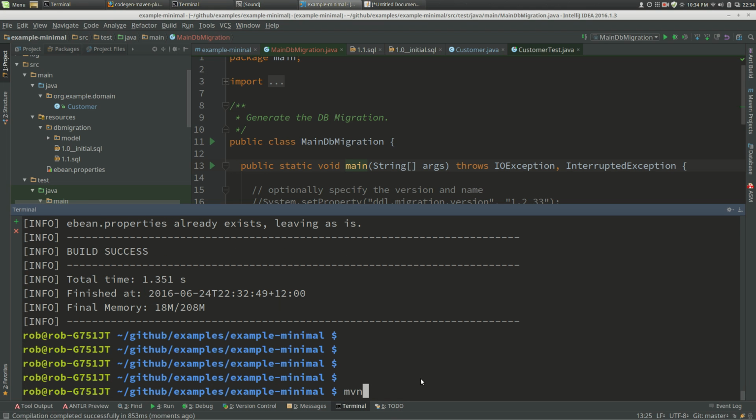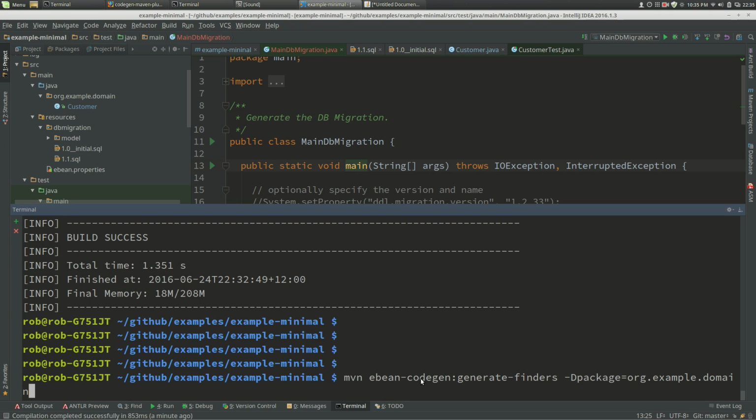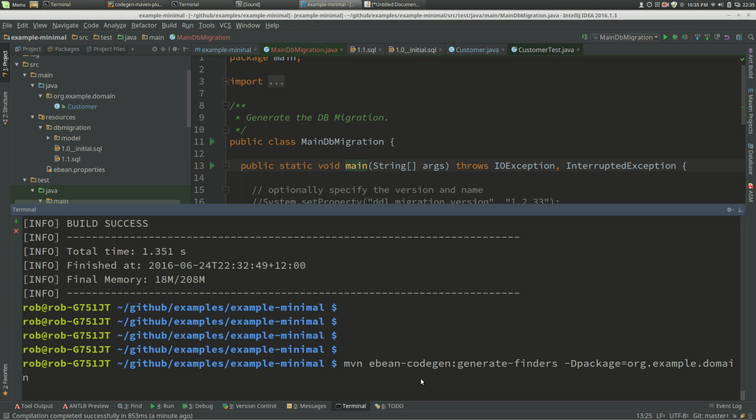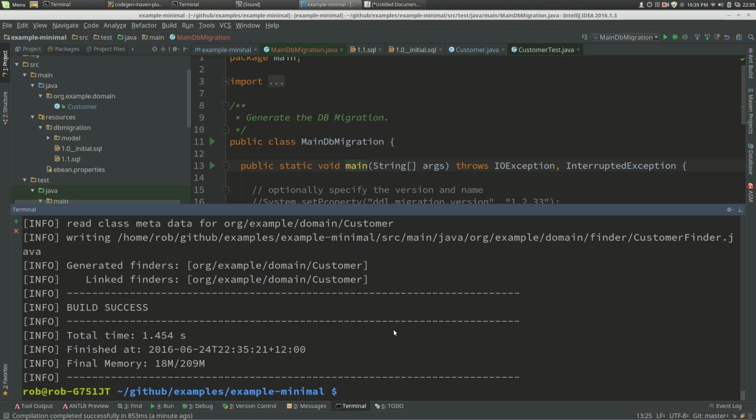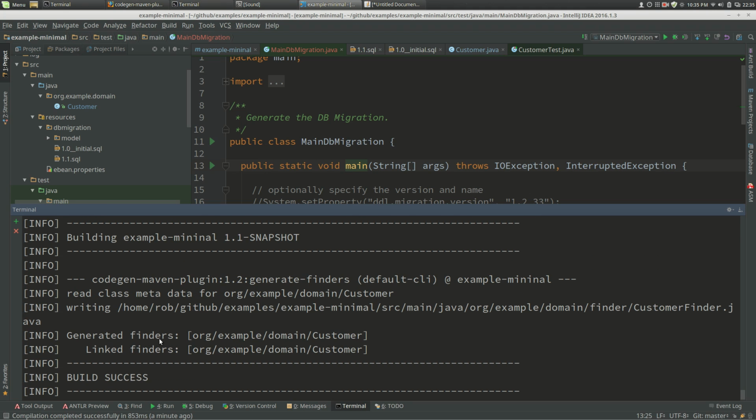So let's do that then. Maven codegen. What am I doing? Generate finders -d package, domain wouldn't work too well. Domain. So that's gone ahead and generated finders for customer, which is our only entity bean,